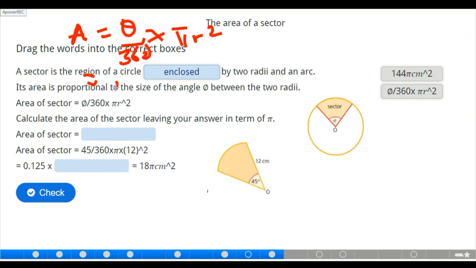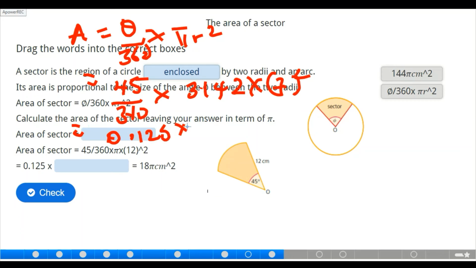So theta here is 45 divided by 360, multiplied by 3.142 multiplied by r square. That is 7 centimeters square. So if we have that, 45 divided by 360 will give us 0.125, multiplied by 3.142 multiplied by 7 raised to power 2 will give us 49 centimeters square. So by the time we multiply that, 0.125 times 3.142 times 49, our answer is going to be